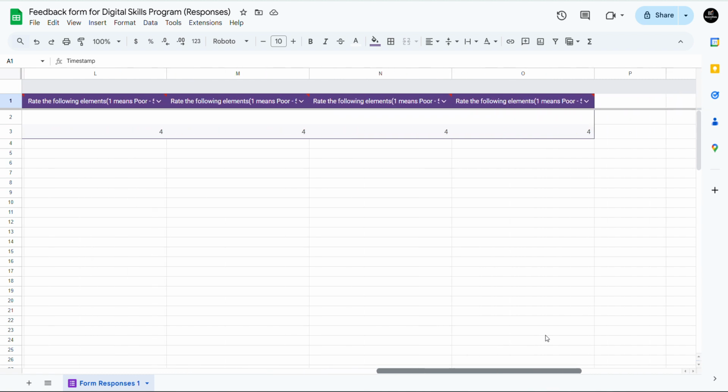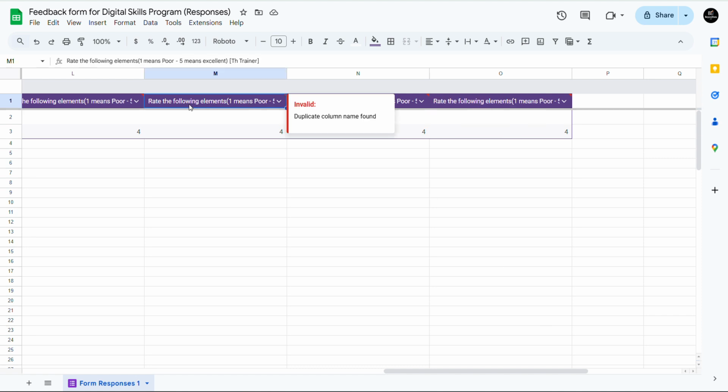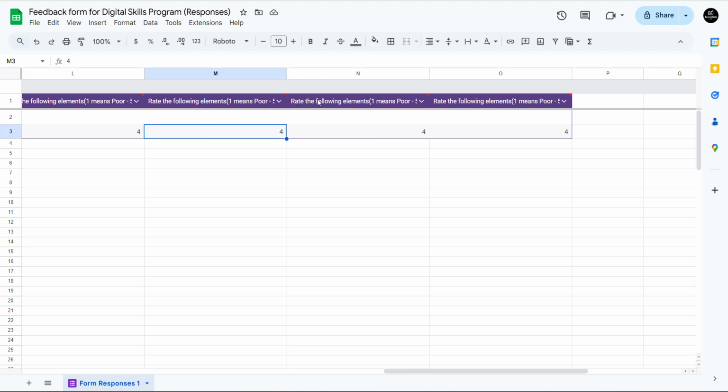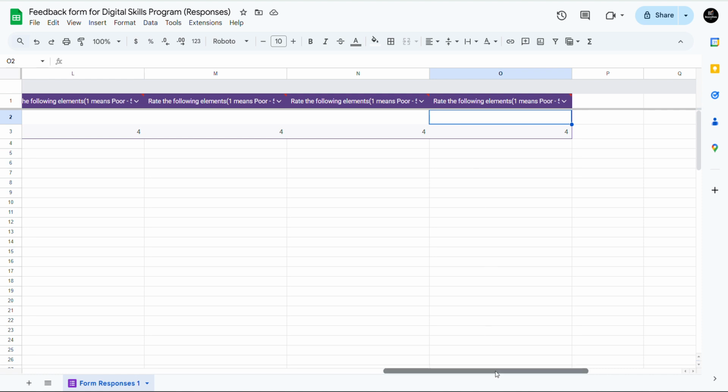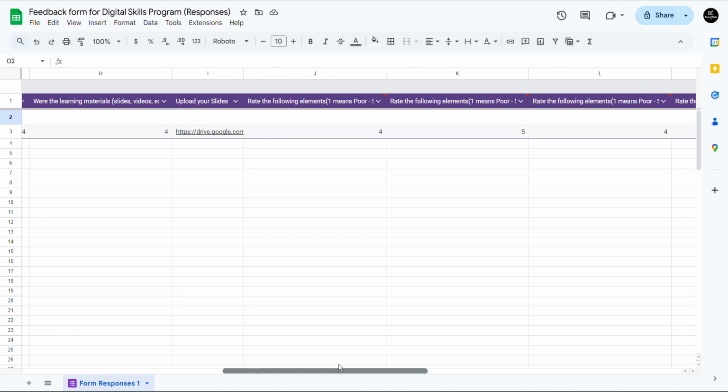And so, rate the following elements. You'll be able to see rate the following elements. Now, the difference is that here you rate the trainer, you rate the content, you rate the value. This is how the responses are being organized. Okay, so when it comes to rate the following elements,